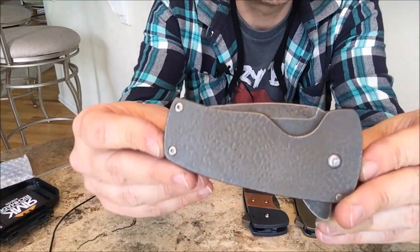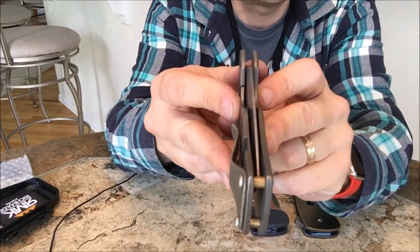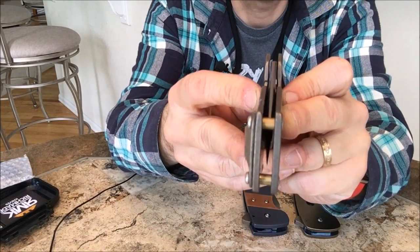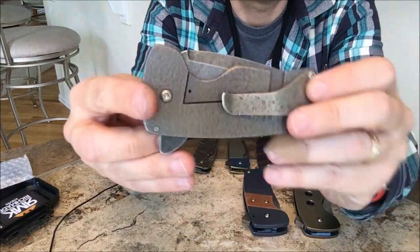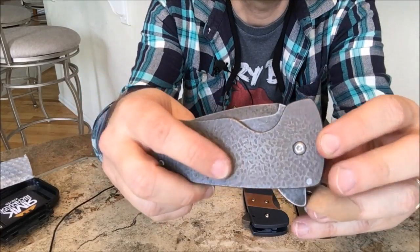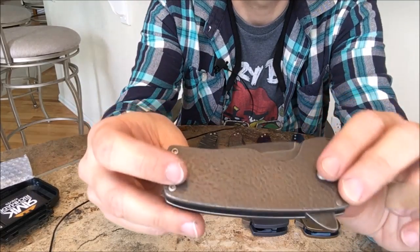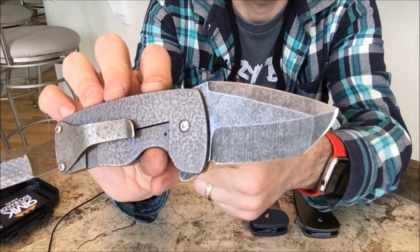So this one is probably what will be considered the normal thickness of a Senior Chief. So it's about 0.125 titanium and 0.125 on the blade. And this one, I did a video on this one and posted quite a few pictures. This one is carved here using a Dremel tool with a million little carve out holes. It has the distressed hardware, and it has a Tinto grind,